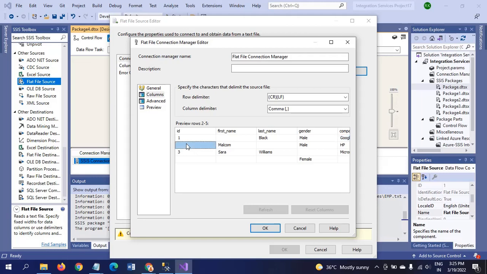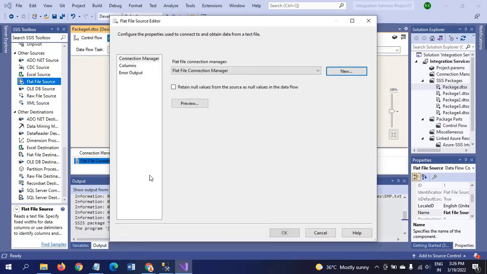And second, there is no ID. Malcolm is the first name, last name is blank, male and HP. And third, the ID is there, Sarah Williams, there is no gender, female, and Microsoft is there. In the fourth row, four columns are completely blank, but gender is showing female. So if we load this data in the same way,